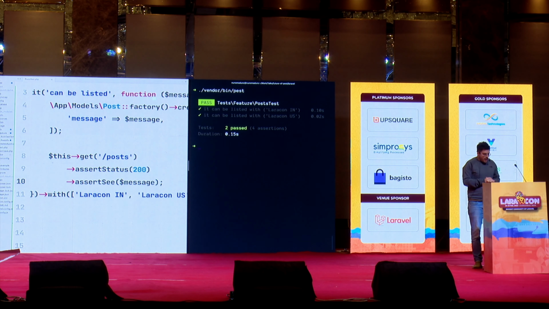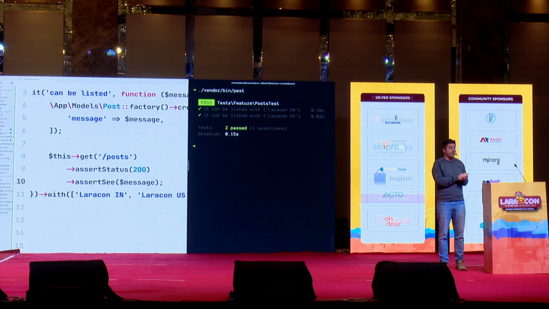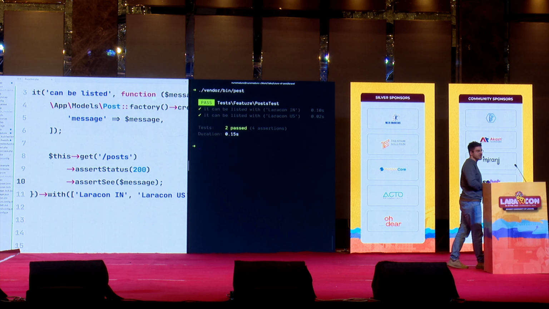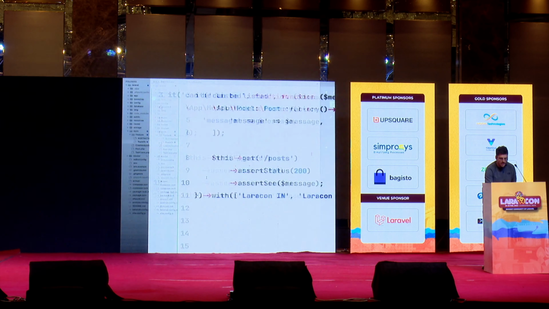Now, today we are here to speak about Pest V2 and all the cool things coming for Pest V2. So if you'd like to know more about Pest V1 and about what Pest V1 has to offer, go to pestphp.com, and we have great documentation here that you can follow. Now, let's move on to the second part of this talk, which is talking a little bit about what is coming new for Pest V2. And that first new thing coming is